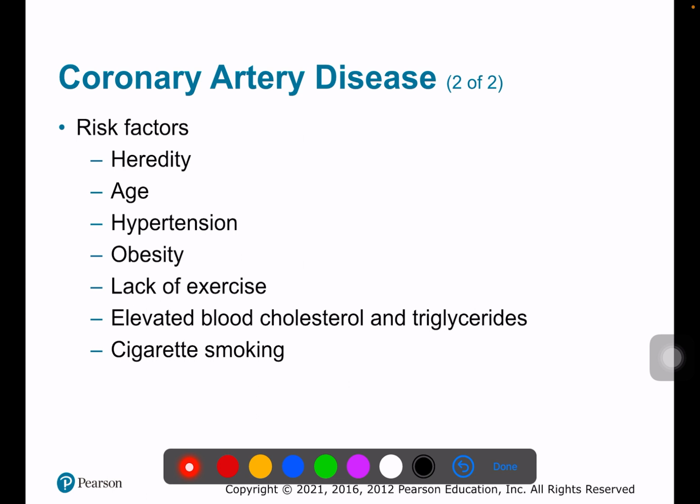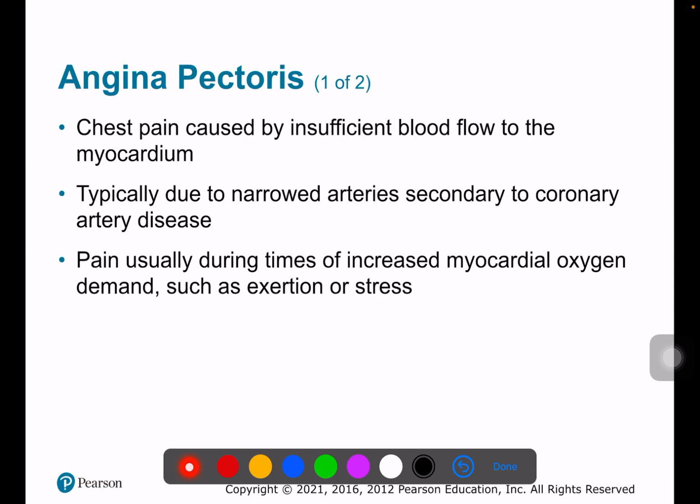It can be hereditary, it can be age, hypertension, chronic hypertension, obesity, lack of exercise, elevated blood cholesterol and triglycerides, and cigarette smoking. So it could be anything from, man, I inherited this, to I did this to myself. Right, with smoking, and then our diet, all that kind of stuff. Angina pectoris: chest pain caused by insufficient blood flow to the myocardium. So typically due to narrowed arteries, secondary to coronary artery disease. Pain usually during times of increased